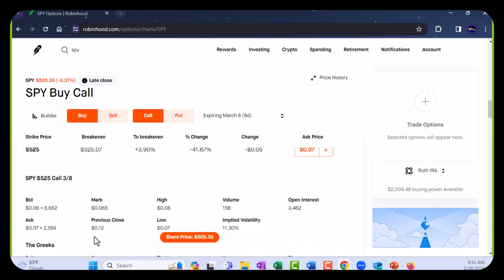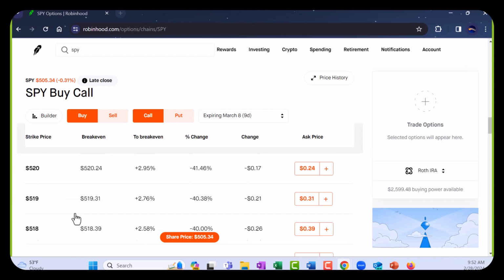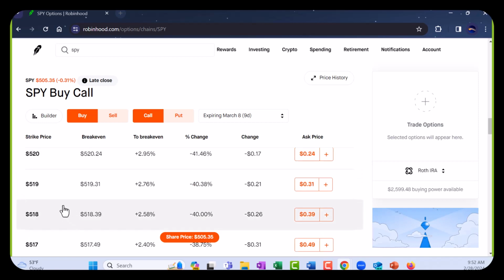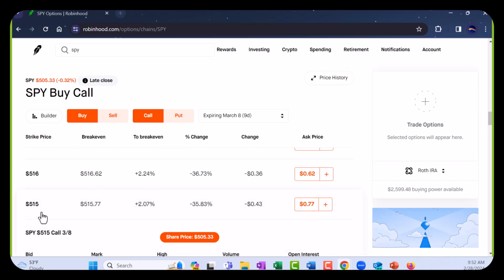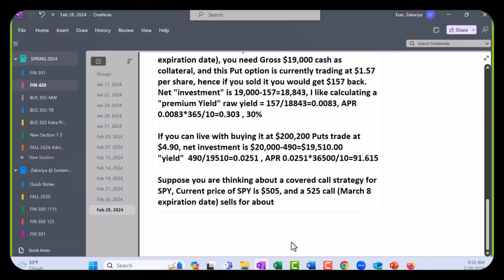So 525 is trading at 6.5 cents pretty much. Let's call it 7 cents. That's not much of a value, okay? So let's try anything lower than that. How about 515? This being an index, it's not going to move too much. It's about 76 cents. And let's say